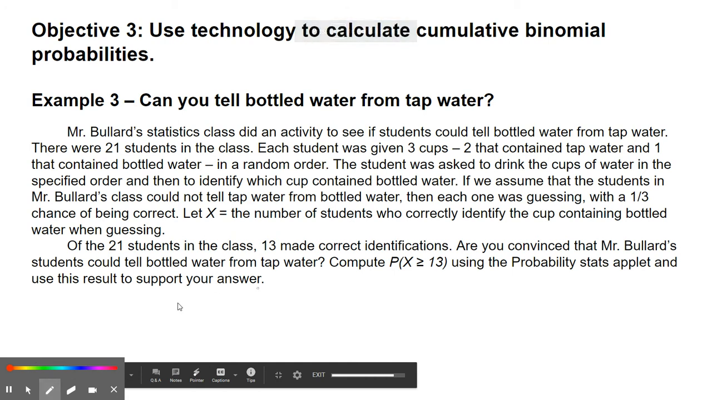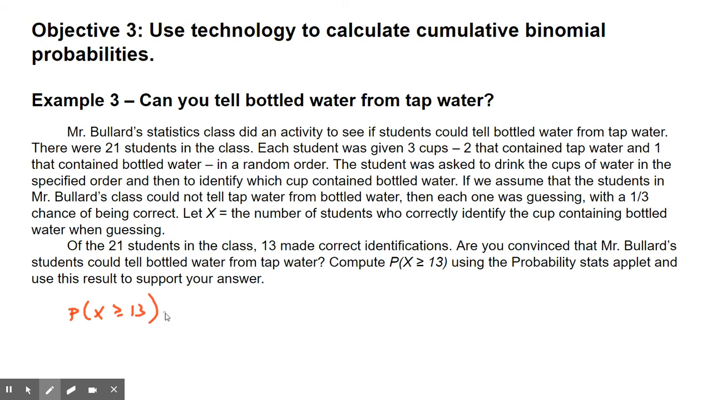When we used the stats applet to calculate the probability that the number of people who get it correct would be greater than or equal to 13, it was 0.0068. We are going to write down 2 sentences. First of all, what is this as a percentage? That's 0.68%, not 68%. That's a very, very small percentage. So we are going to write, there is about a